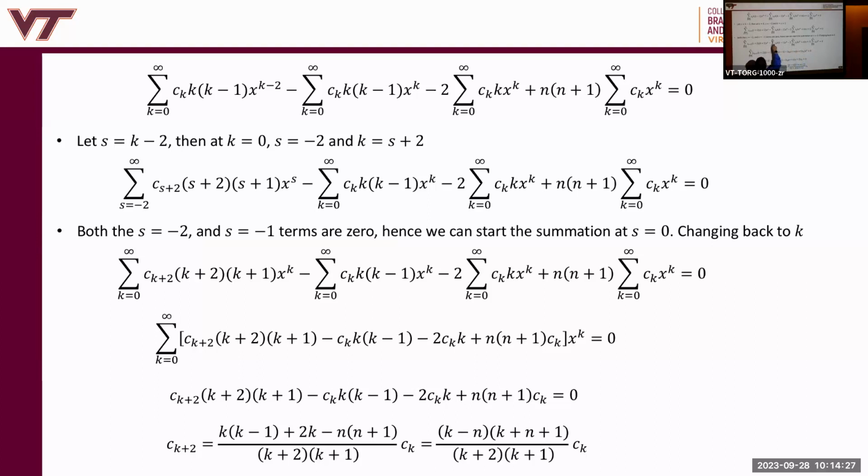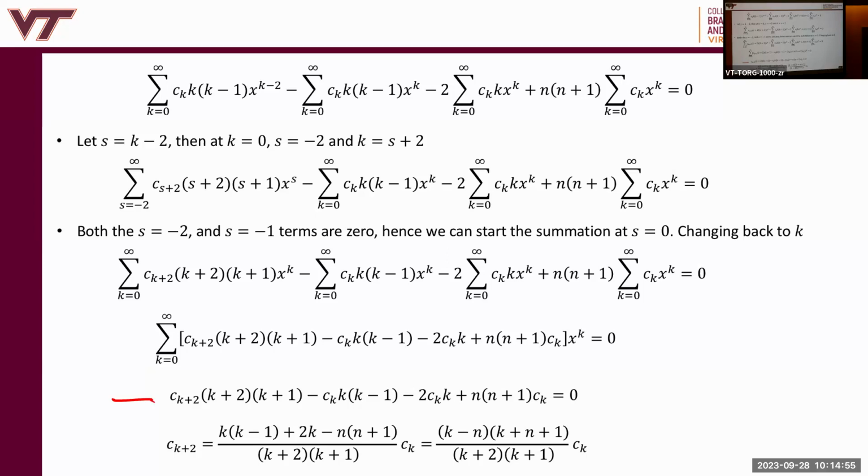So we can factor out the summation and the function x to the k, and we end up with this. It's all equal to 0. Because x to the k is not 0, the only way for this to be 0 for all k is for this coefficient to equal 0 for all k values, right? That's the whole point. So the coefficients have to equal 0.